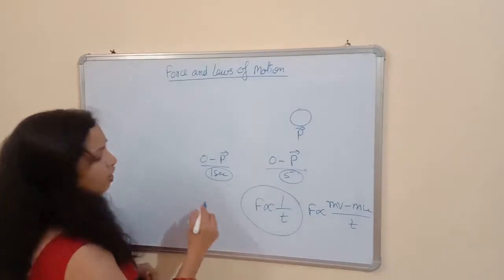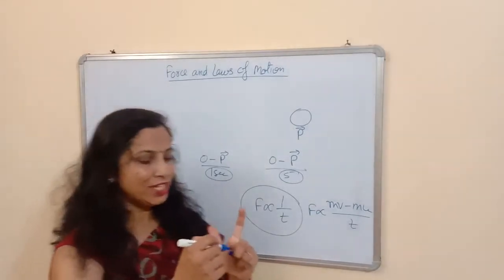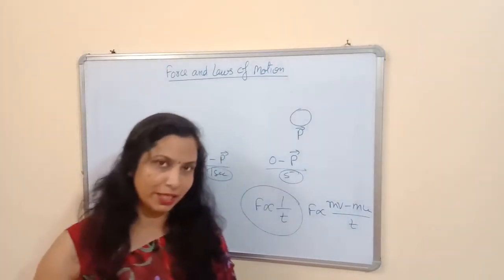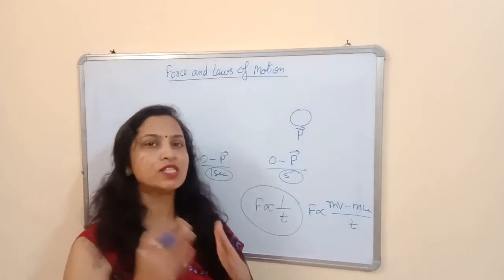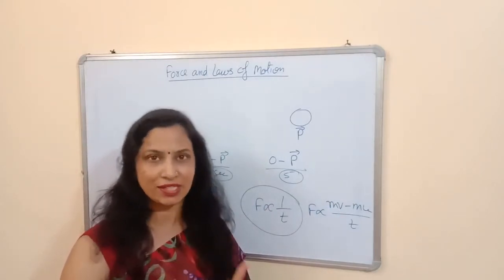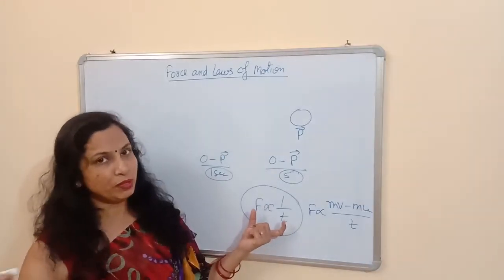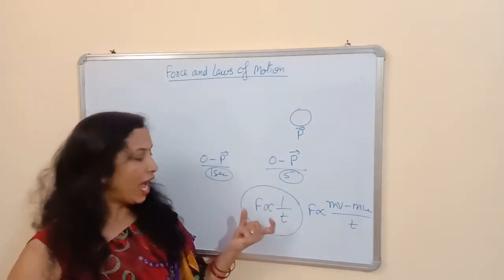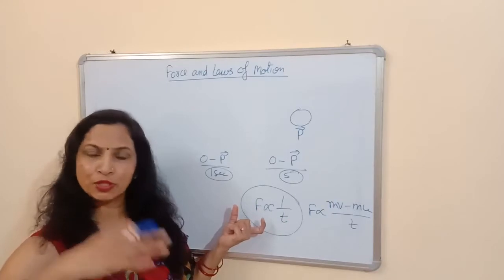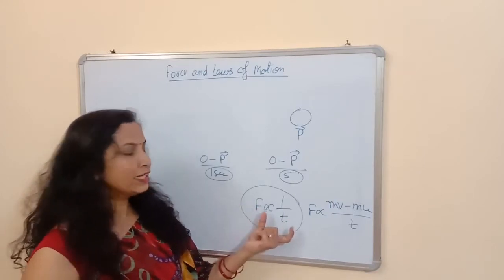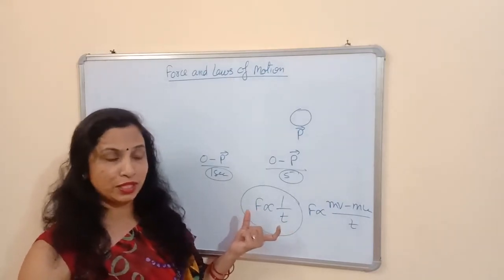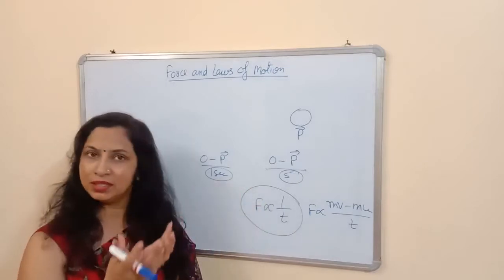So we can say if we catch a ball like this and we don't move our hand in the backward direction, the force applied by the ball will increase, because the time taken to change the momentum of the ball to 0 is decreased, and force is inversely proportional to the time taken. So by decreasing the time, we can increase the force applied, so that the hand can be hurt.